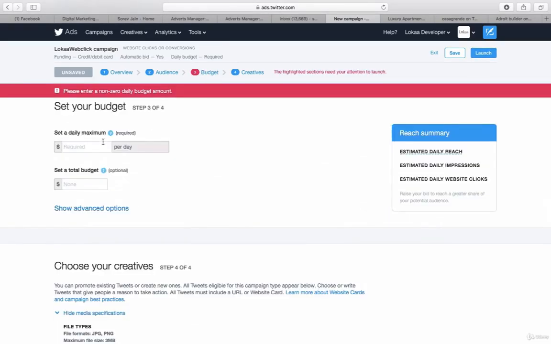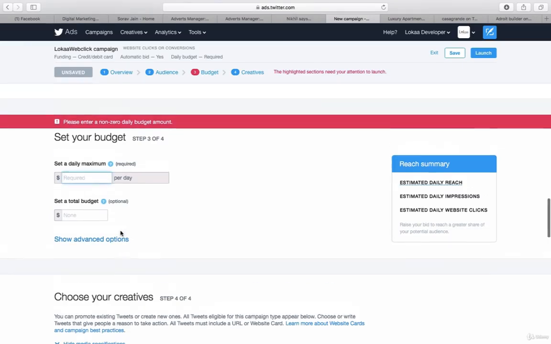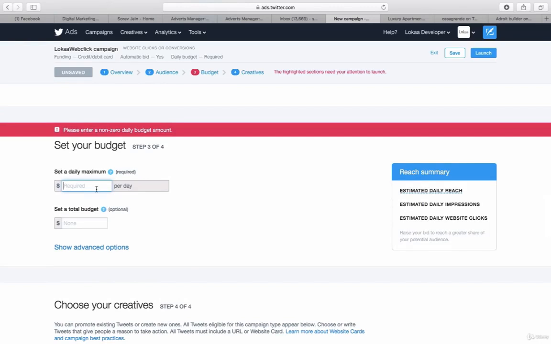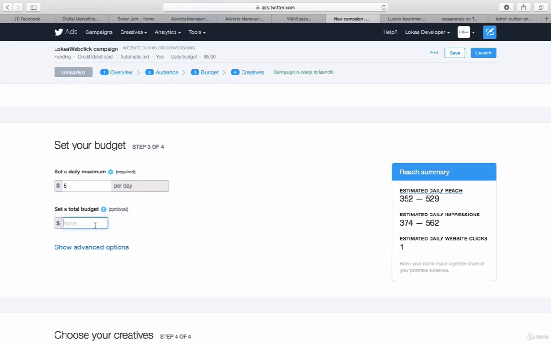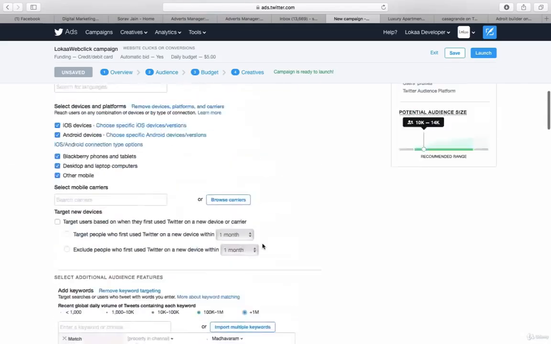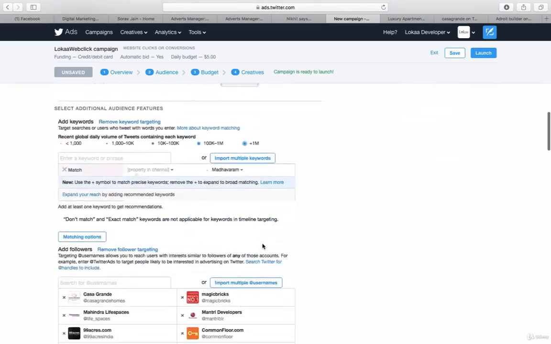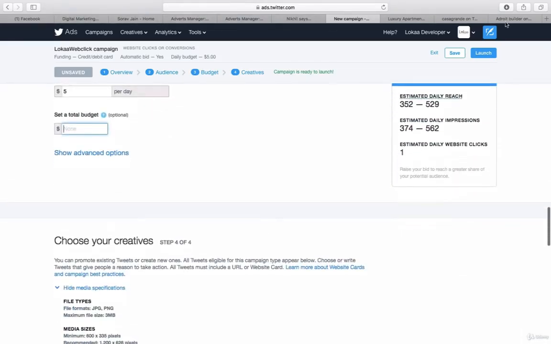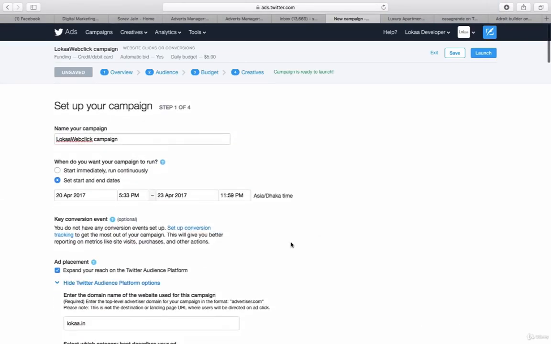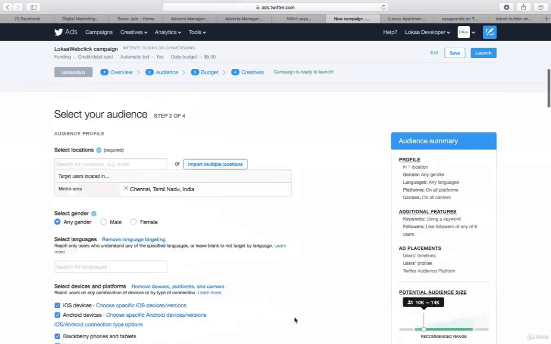Something that we missed out is the budget. Before you choose your creatives, you have to fix your budget. So let's say I want to spend about $5 a day, and this is my option. If I want, I can decide how much I want to spend overall, but I will leave it on the decision which is earlier done, which is about starting from today and closing it down on Sunday, which is starting from 20th April and closing it on 23rd April.